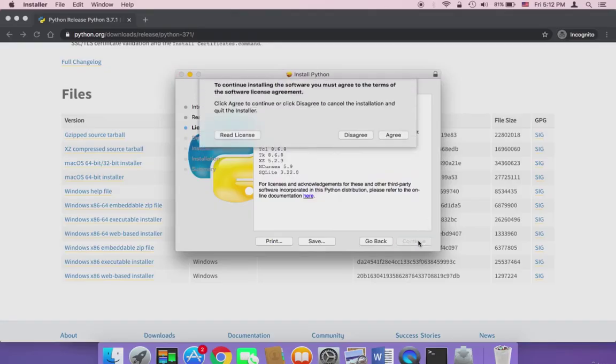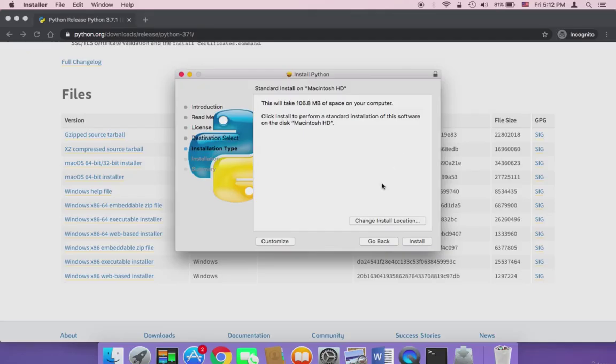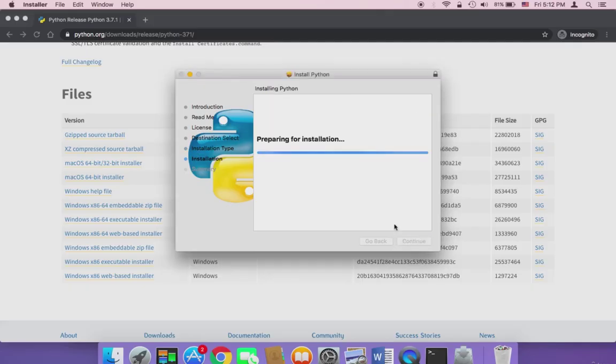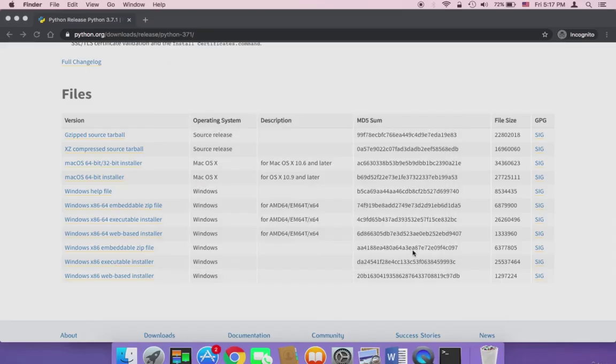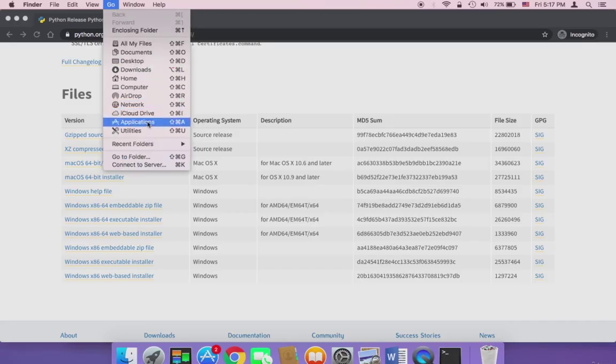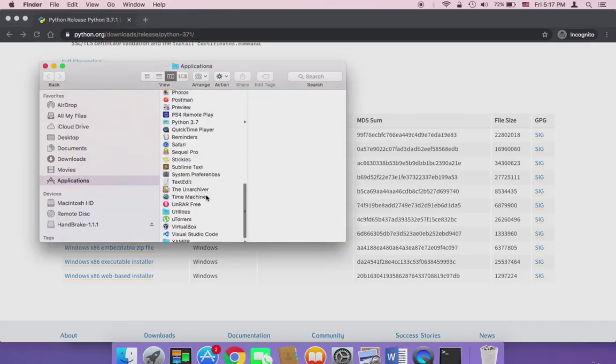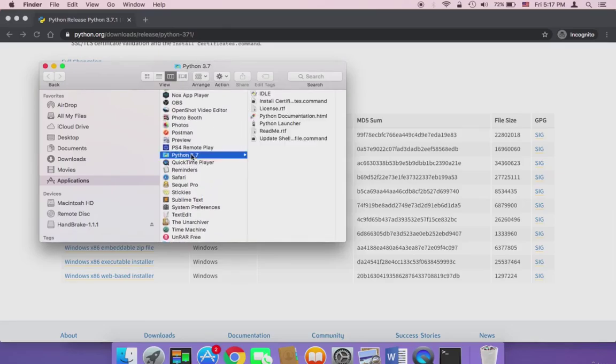just click on a few nexts and accept the license. Just click on continue, and then readme, just make sure that you agree to the license here. Click on continue and then agree, and then just click on install, and it's gonna start installing. Click here on install. And once it's done, all you need to do is click on close, and you are